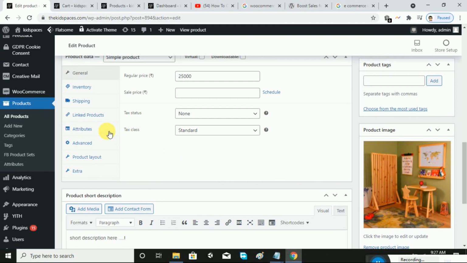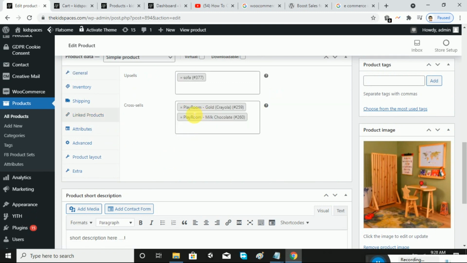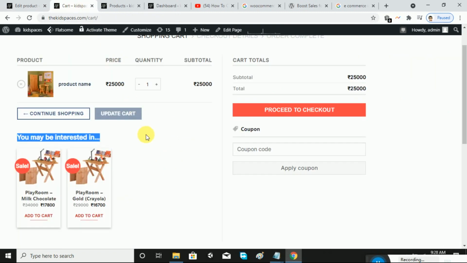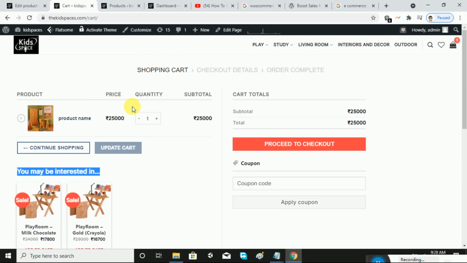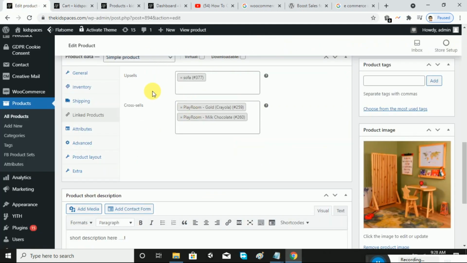Here you can see this is cross sell, which we see on the checkout page. And upsell is different. It recommends related products. For example, if we only select a study table or chair, it recommends the study table also. We simply search chair, but it recommends a study table. That's how it works. For upsell, we have to give some ID.